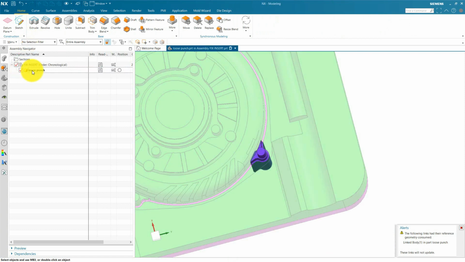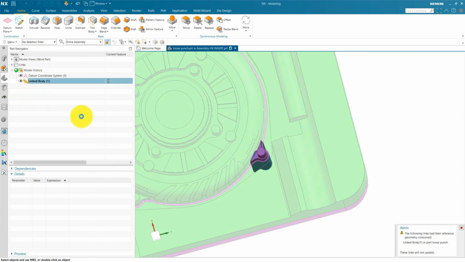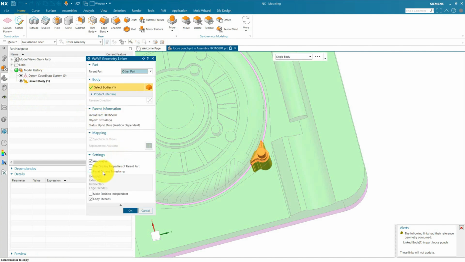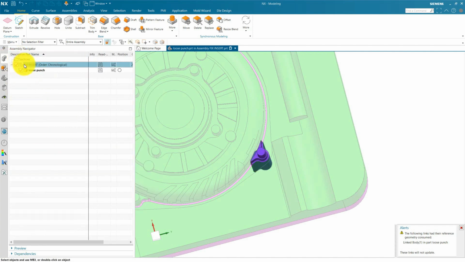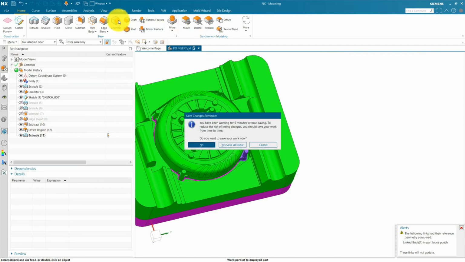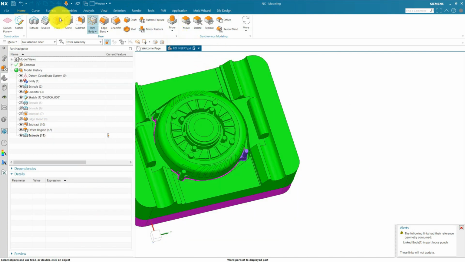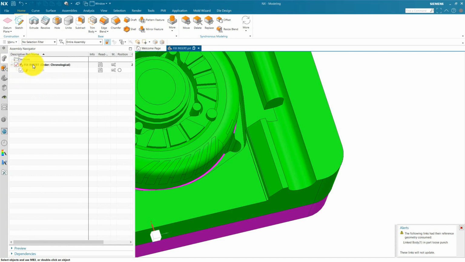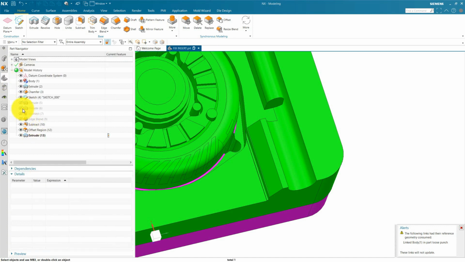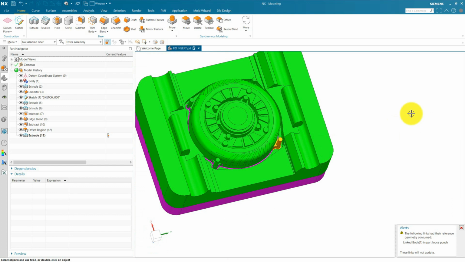Or if you can manage the fix time stream, that is very good. You can use fix time stream and delete this extra body to your choice, which you recommended. When you hide any body from layer setting, you can show that also from your part navigator. When we show this, it will show again, and the layer will be visible again.